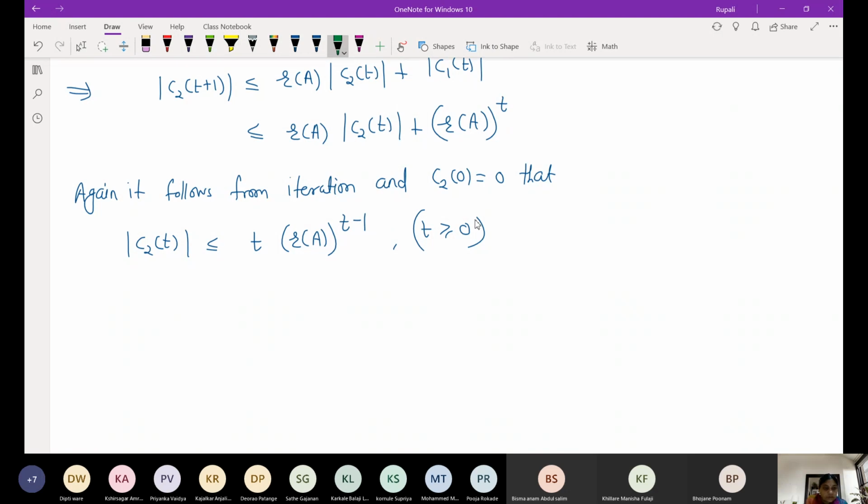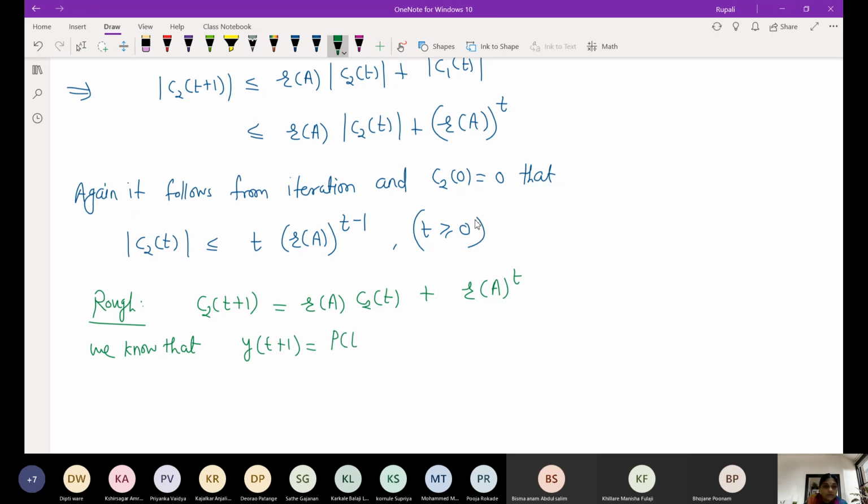I will show you the rough part. What is this? C2 at t plus 1 is equal to spectral radius of A times C2t plus R of A raised to t. So what is the solution for this? How do we find the solution? We know that for y at t plus 1 equal to p of t times y at t plus r of t,